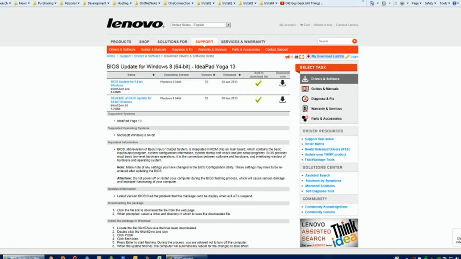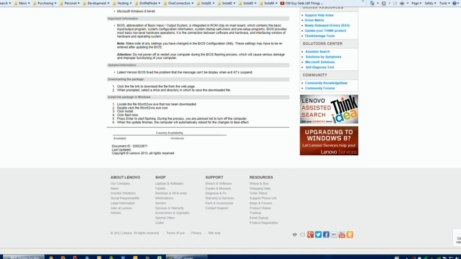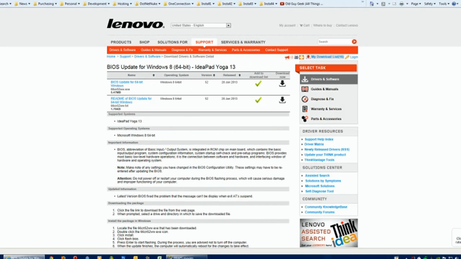Now this BIOS download, you can see details about every one of these by clicking on details. And here we see the BIOS details. If you go down to the middle of the page somewhere, we'll see that it says what it is. It says it's an upgrade to do an AT instruction set. I may or may not install that. BIOS upgrades are typically for new processors that work with that particular system. In this case, it's a laptop which doesn't ever have a processor upgrade. So it's your decision on what you want to do with these. But most of the time, I'm pretty confident on updating all the updates. But you have to remember, BIOSes are a little tricky, so make sure you know what you're doing with the BIOS update.